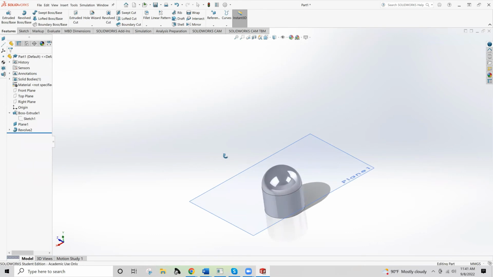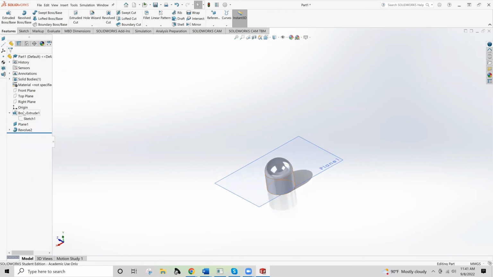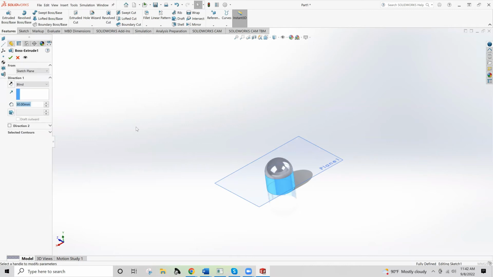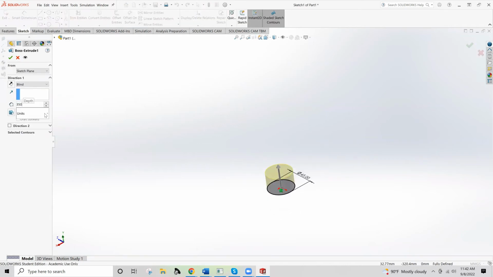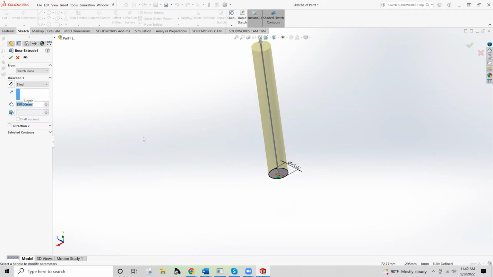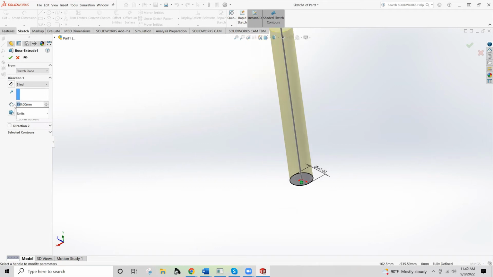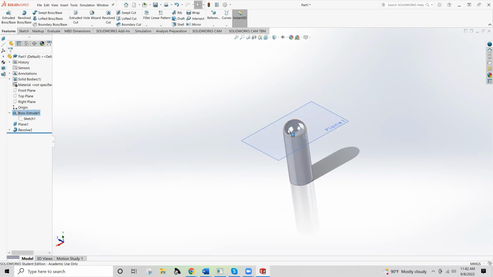And now that plane, no matter what we do to this operation, if we take this back up to 350, or if we take this down to 110, that plane and that second feature on the plane, this dome, is going to follow my sketch if I have to change dimensions later. So that becomes really, really important to be thinking about referencing if you need to make